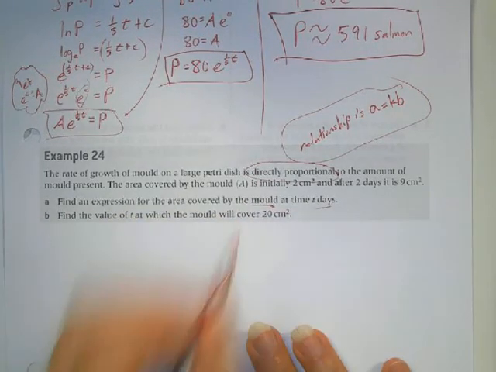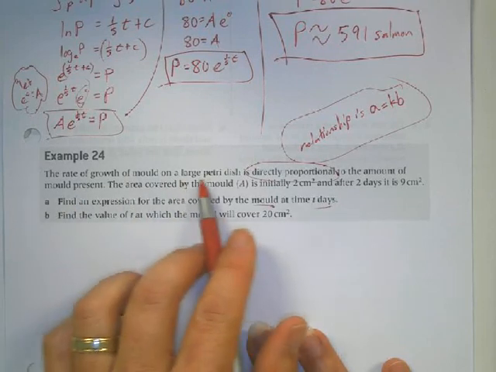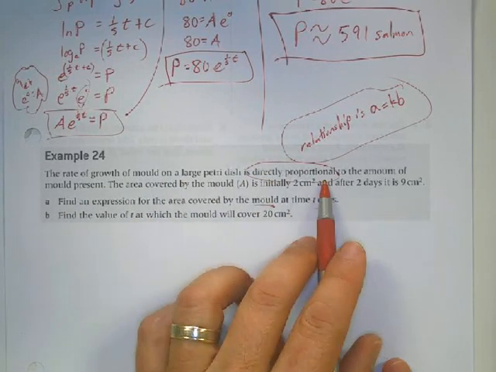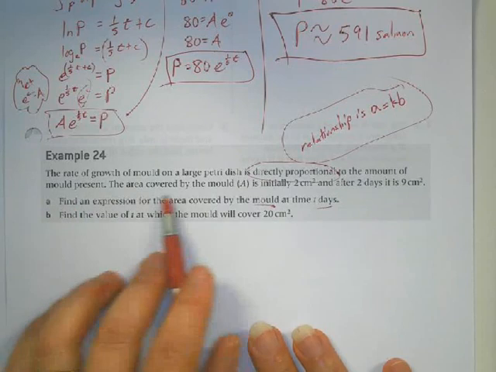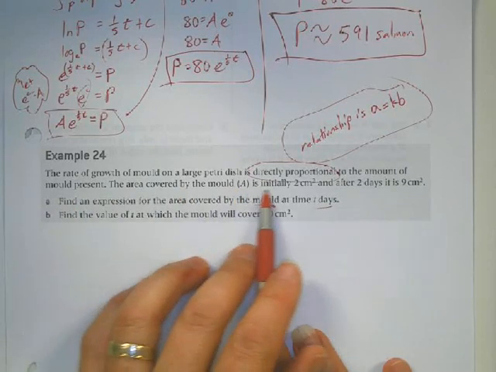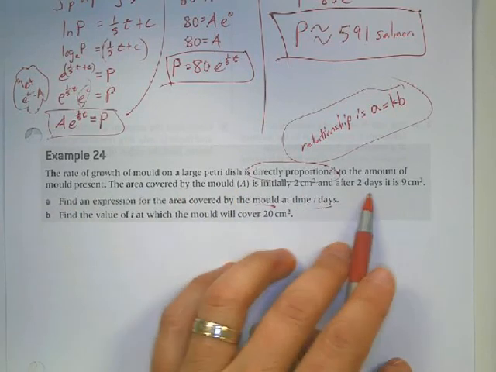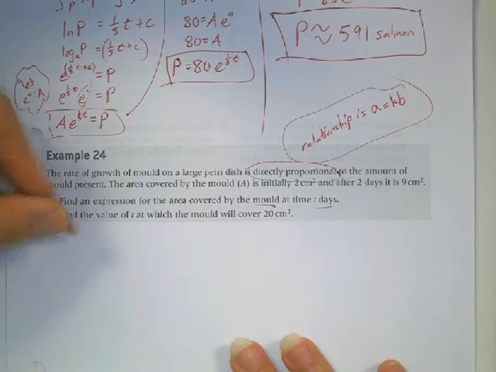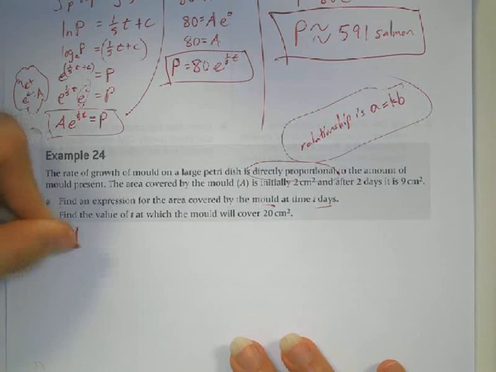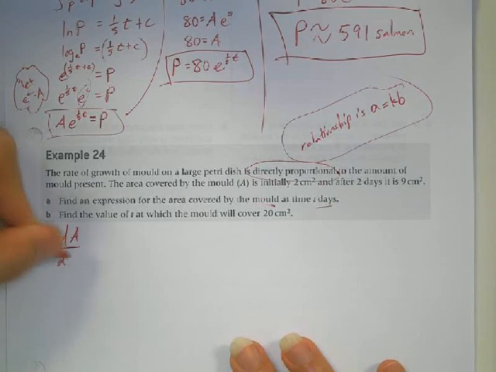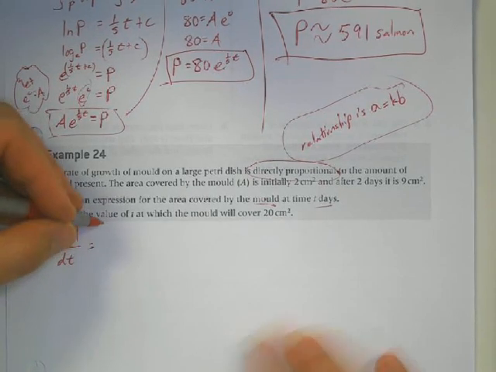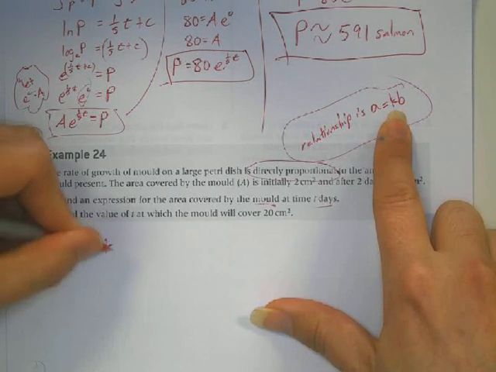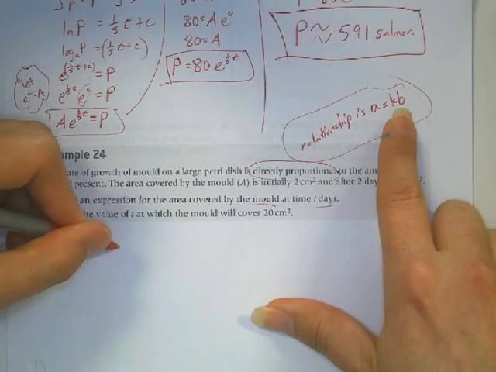The rate of the mold in a petri dish is directly proportional to the amount of mold present. The area covered is initially 2 centimeters, and after 2 days it's 9 centimeters. So the change of the area of the mold over time is equal to our directly proportional relationship, which is k, but we're going to do A